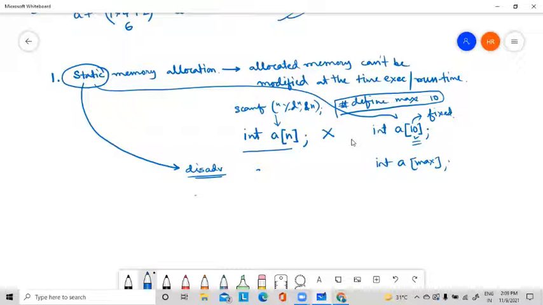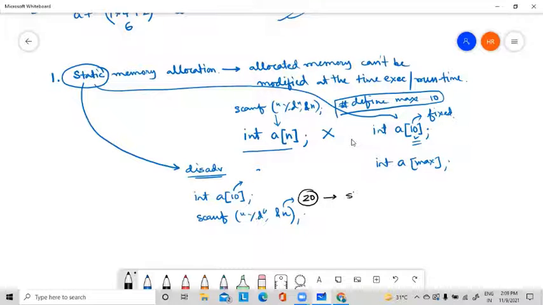Suppose I'm writing code where the array size is declared as 10. I have fixed the size of the array as 10 elements, and then I take from the user how many elements they want to enter. So n is how many elements you want to enter, but I have already fixed the array size at 10. If I now give input for n as 20, I have allocated a fixed size of 10, but now I want to store 20 elements.